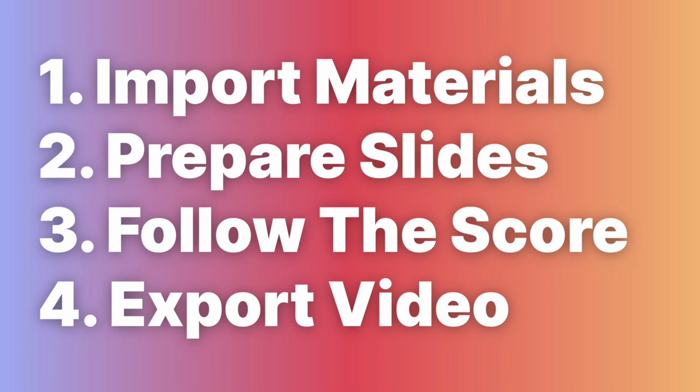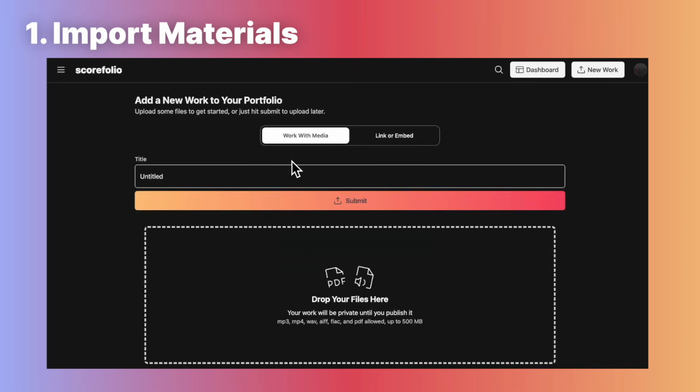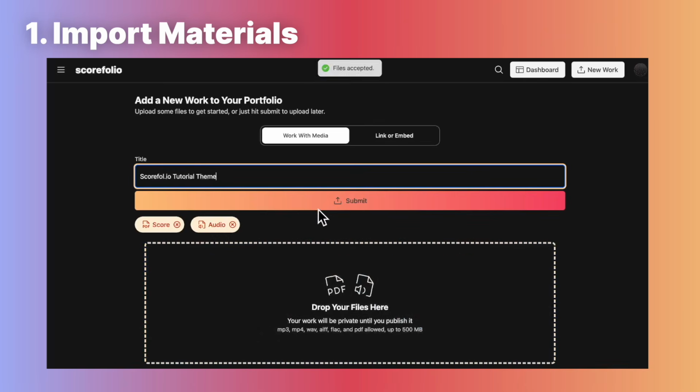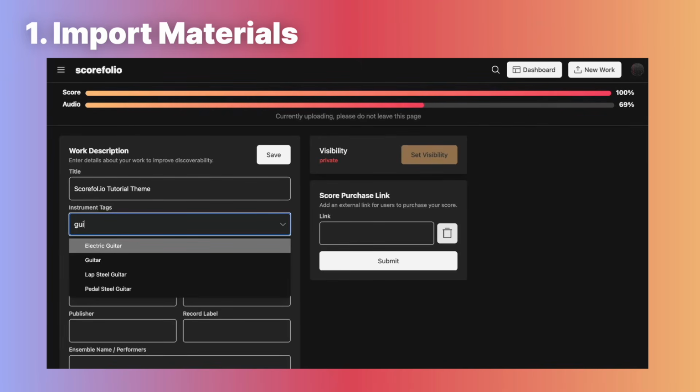Alright, let's get started. To import your materials, head over to Scorefolio, log in, and click New Work. Set the title of the piece and then drag and drop your PDF and audio file into the drop zone. Click Submit. As the system uploads and processes your files, feel free to fill out the form with the metadata